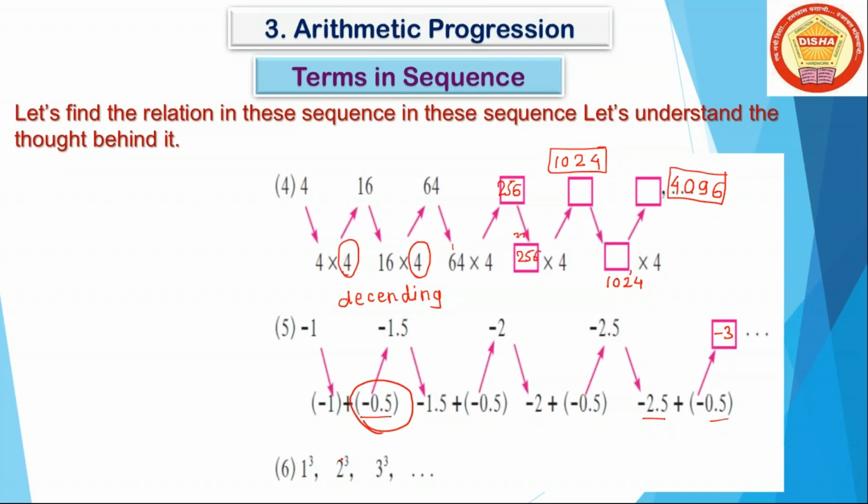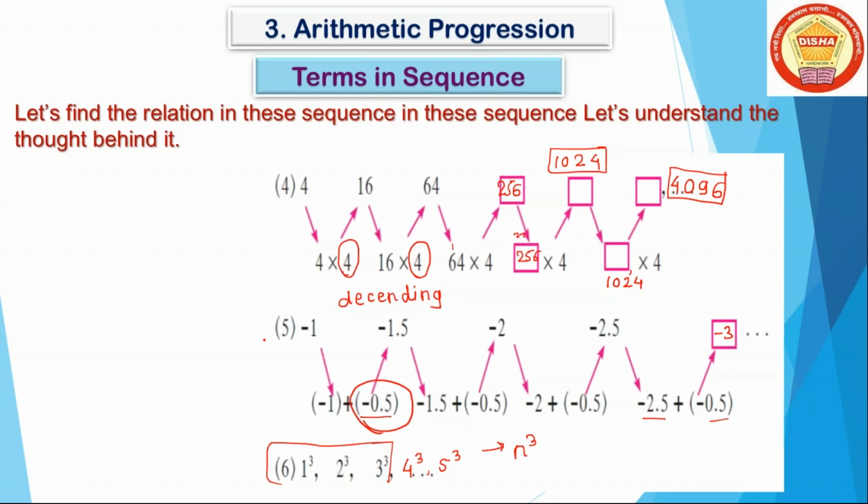Here is 1 cube, 2 cube, 3 cube. The next term is 4 cube. Again here cube of 5. Means all these examples are given as n cube. Okay. Means here no specific number is added, or no specific number is taken in multiplication form. Means the example given here is different from the previous examples.